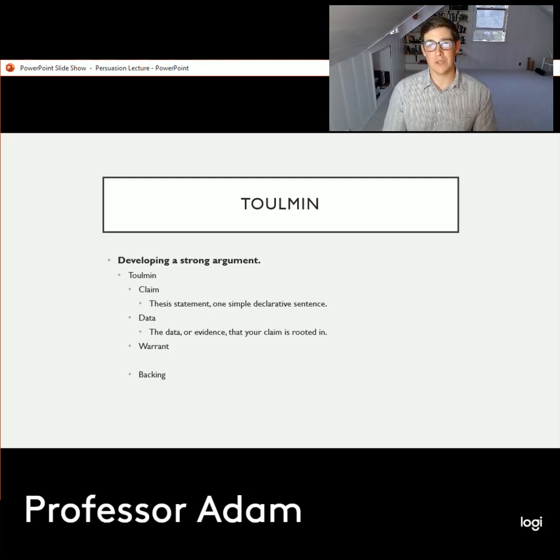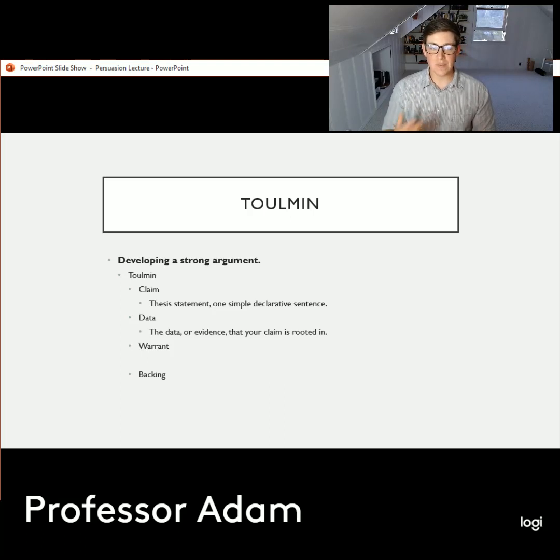you need to be able to answer a question about your data, about where that information has come from. Where did that claim come from? What made you feel that way? So to get a little bit more academic with it, if you are thinking of your data as the genesis of an idea, it's the evidence that your claim is rooted in, your thesis is then going to build from